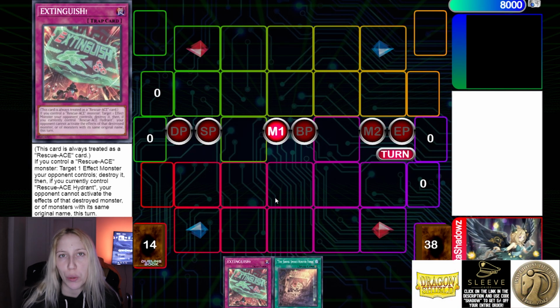Alright, so for today's video, we are continuing with our Age of Overlord content. We're going to be going through two combos that feature the Diabella Star and the Sinful Spoils package, so you can see what can be done with this engine. I think it's really good and it's going to be able to provide a ton for different decks in the